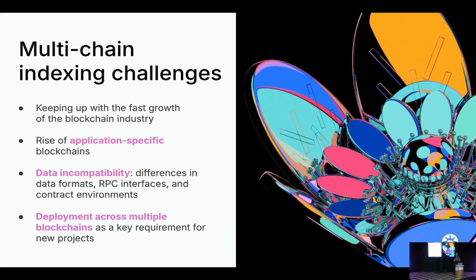Every chain has some specifics, and between those ecosystems and environments, developers will encounter some issues. There'll be different RPC interfaces, different smart contract environments. Also, data will be shaped and formatted differently, and this requires some knowledge and skill to actually understand and be able to index this data. At the same time, it's also super important nowadays to have applications that are cross-chain.